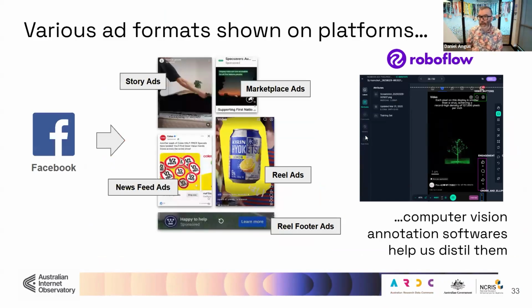So ads, as we know, appear in a wide variety of formats. You have everything from story ads, marketplace ads, reel ads, footer ads, and such across a number of platforms. So this is not just Facebook. This is Facebook, Instagram, YouTube, TikTok, and there are others that we're putting through their paces right now as well and collecting examples. The point here is that each of these has a particular visual marker, and we can tune this YOLO system to recognize those visual signatures, know that that is an advert, and then use that to extract it from that visual feed. Once the model has reached a threshold where it's convinced that that is in fact an ad, that's the point at which it's sent off the device into our secure back end.